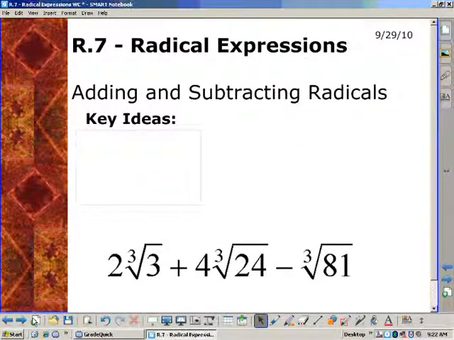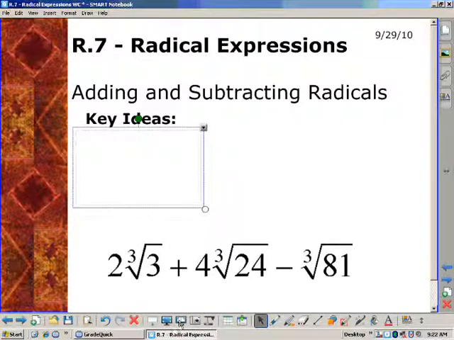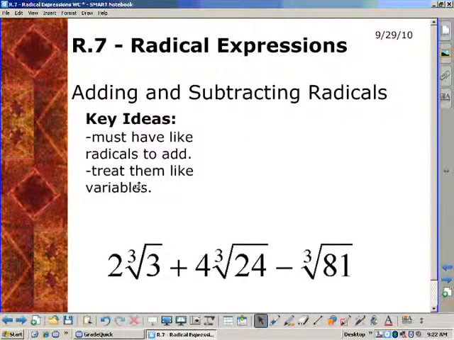For adding and subtracting radical expressions, the key idea here is going to be twofold. First of all, you must have like radicals to add them. And that's just going to be like having like variables. Once you get the radicals in all 3 parts to be the same, then you just go ahead and add them all up. So in this case,